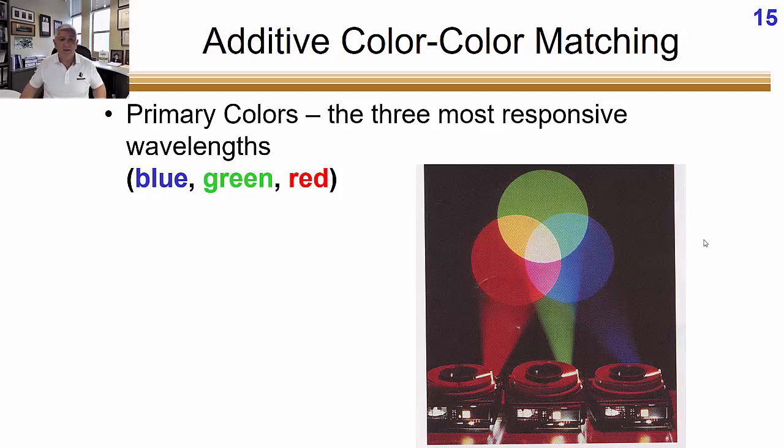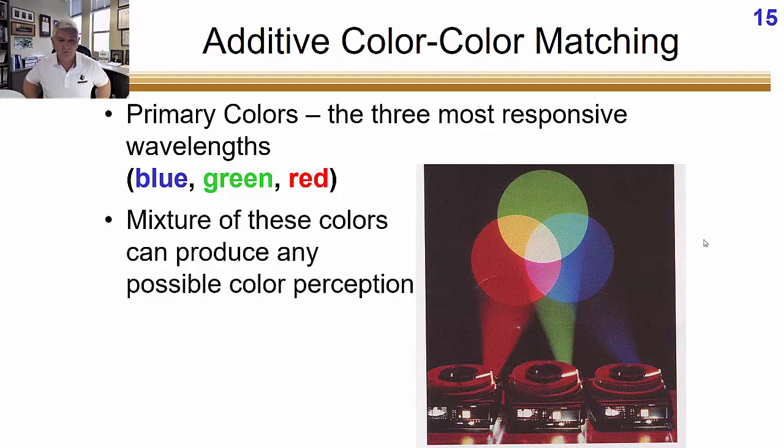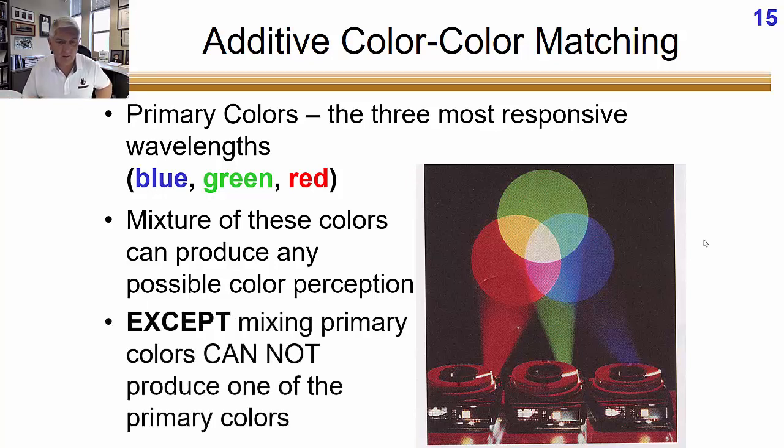Now, it's not a mistake that the three primary colors, blue, green, and red, are the three wavelengths that our short, medium, and long wavelength cones respond greatest to. Remember those tuning curves, the three tuning curves for each of the photopigments of the cones? So any combination of stimulating short, medium, and long wavelength cones can create a perception of any hue, right? The exception is that you can't create red by mixing any other color, and you can't create green by mixing any other color, and you can't create blue by mixing any color.